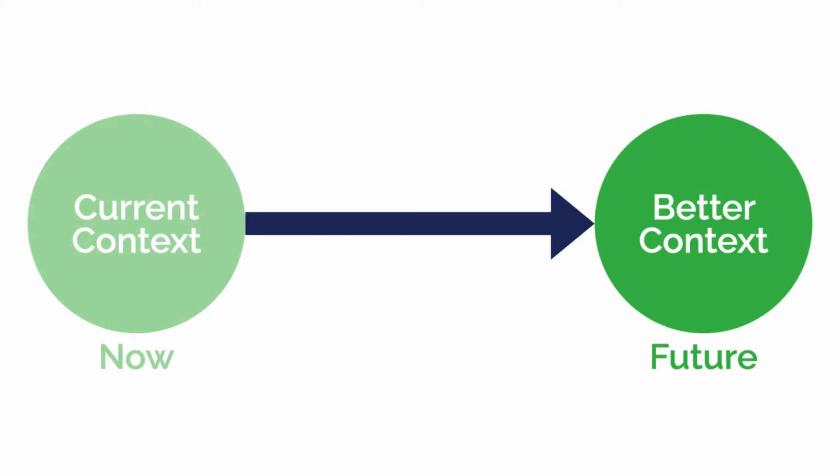When we shift the context, we shift what is possible. And that's the role of a thought leader, to share ideas that shift what's possible. That's why context shifting is the number one skill a thought leader should develop. And it's the key to your content creation. You shift the context by defining 2 things. First of all, what is the current context people are operating from? And then what's a better one? What's a better context to be operating from?